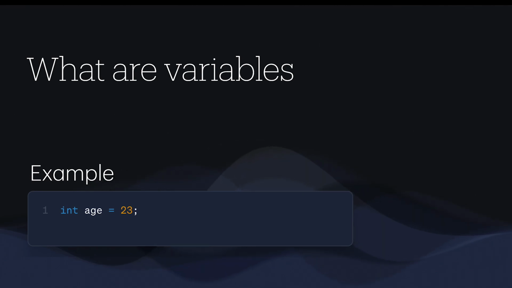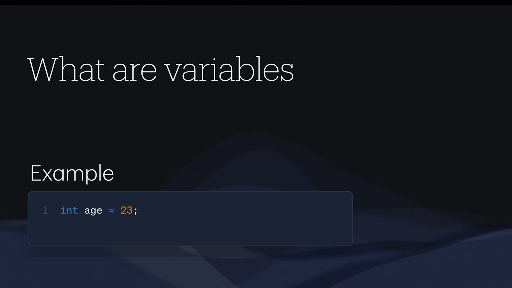In the example below we see int age equals 23. Try and figure out what this does before we go over it together, and if you can't, that's perfectly okay. All we're doing here is making a variable that age should be equal to 23. The int part of it is simply saying that we want this value to be an integer, which can store whole numbers. We'll go over different types in a bit, but here's what the most bare bones variables can look like. Variables are really essential to the concepts of programming, because let's say you want to store the player's